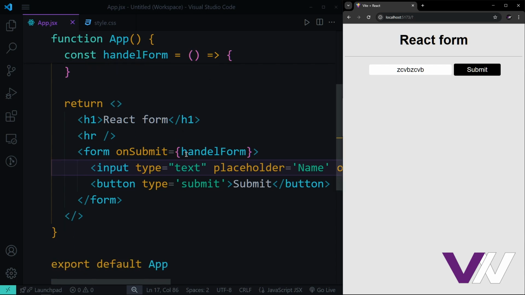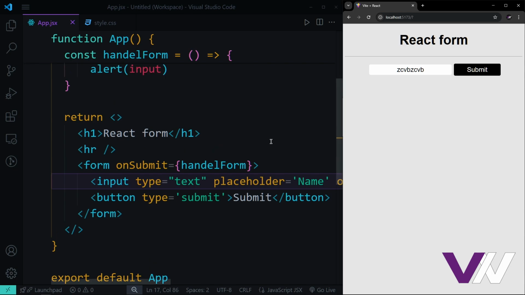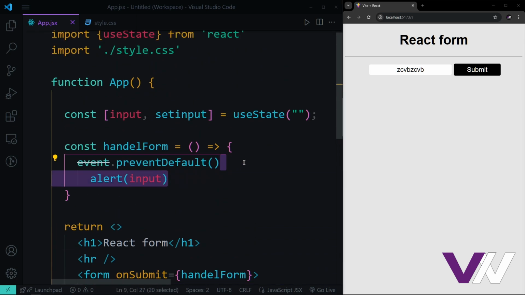And this is the most basic way of having some input and printing that in our console or alerting that in our web page. And pay attention, here in our form handler, we can do several things with this data that we grab, like connecting to the backend, logging in the user, changing or updating any data in our website or our web applications. But the next question that you might have is how we're going to manage multiple form